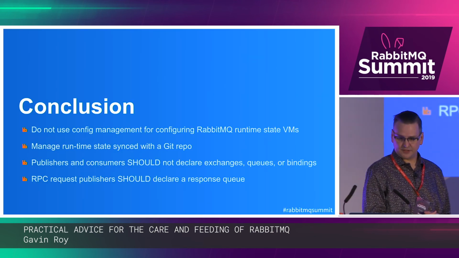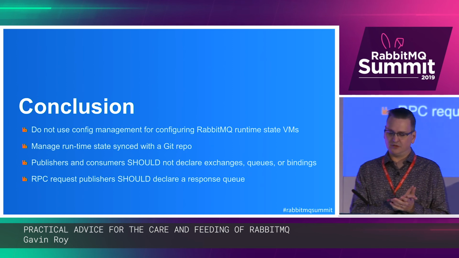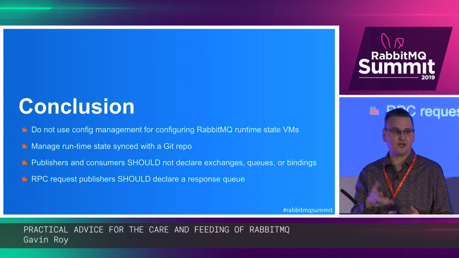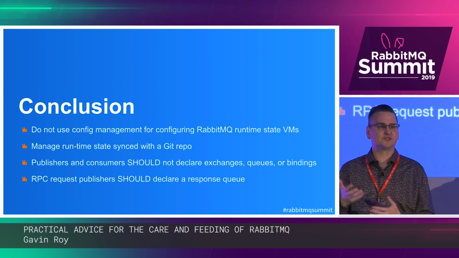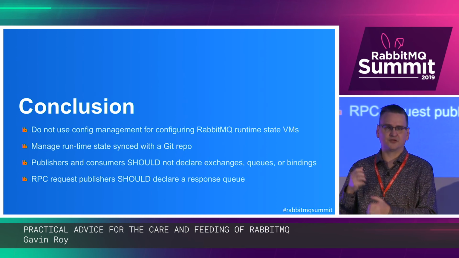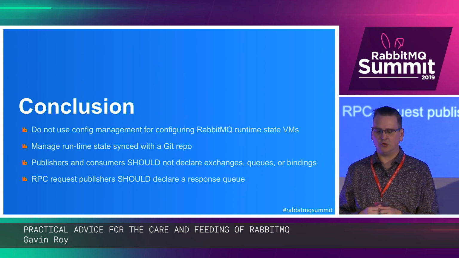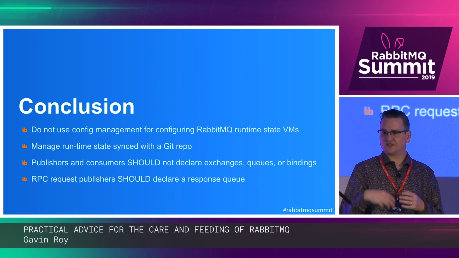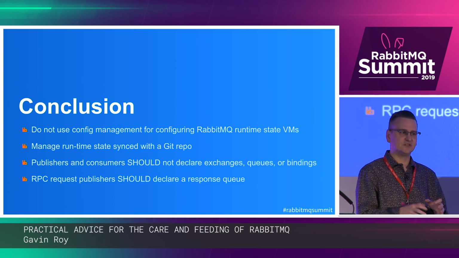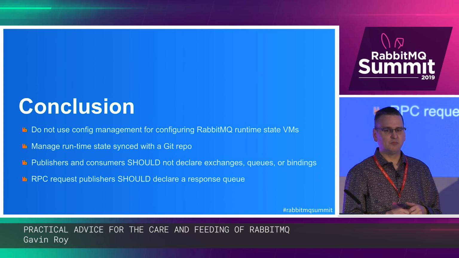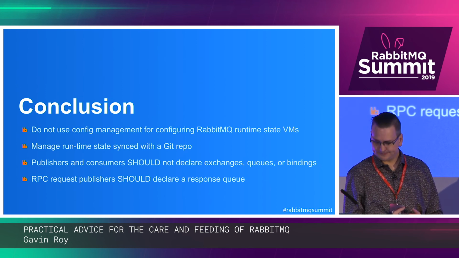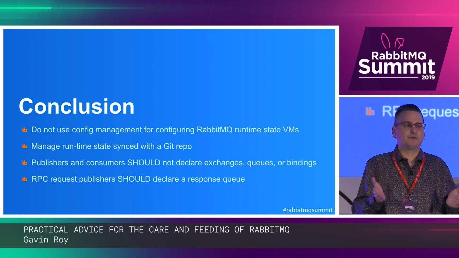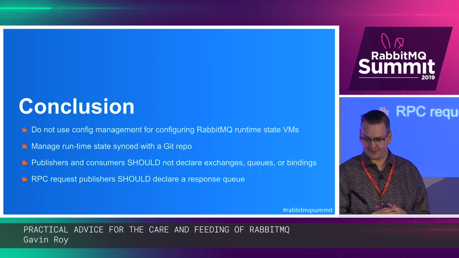And our conclusion there is don't use config management for configuring RabbitMQ's runtime state. You'll see this in things like Chef, Ansible, others where you'll have objects. You know, declare my exchange and here are the properties. Declare my queue and here are the properties. We've avoided that, and we've tried to make it to where it is a somewhat democratic process as to how that stuff gets managed. It's still in Git. It's still applied via configuration management, but it's not done in code. Now, again, all generalizations are wrong. If that doesn't work for your organization, it doesn't work for your organization. Worked well for me.